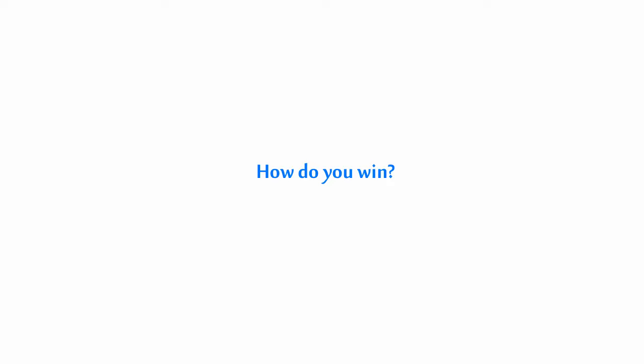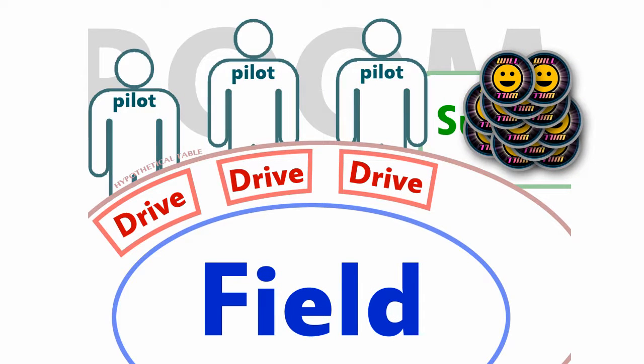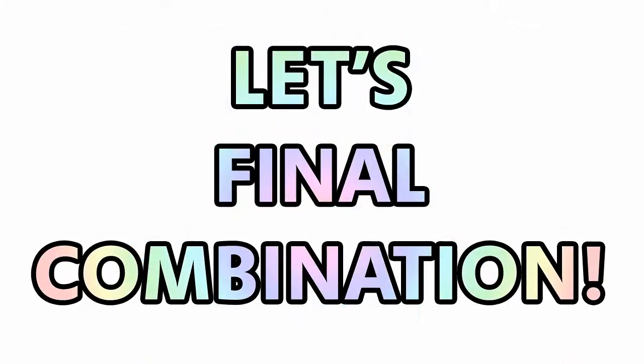Every pilot has to spend 5 of their own will. Then, you gotta shout the combination code phrase in unison. "Let's final combination!" If you mess up the shout, you don't spend any will, but you can't try to combine again until the next stage. Once you combine, your remaining will is pooled, you get limb system cards, which are all awesome, and you can